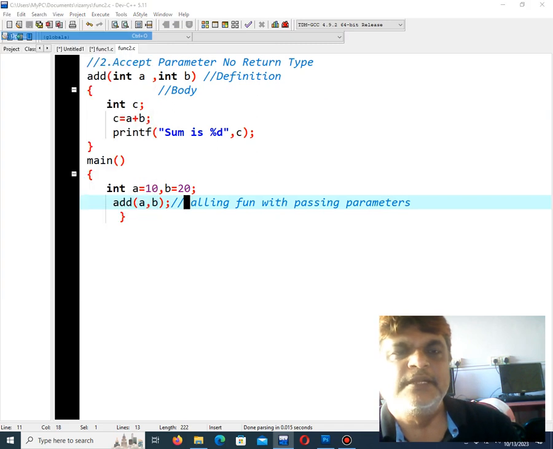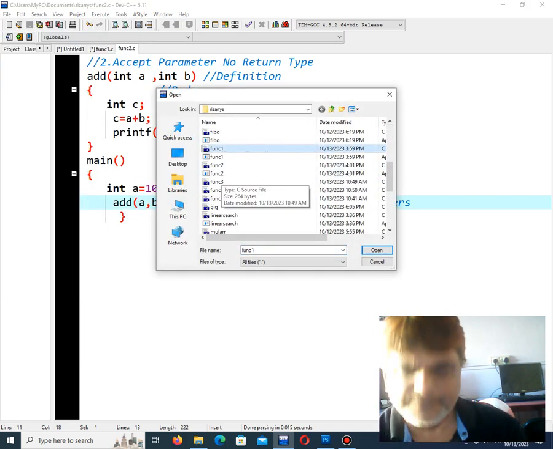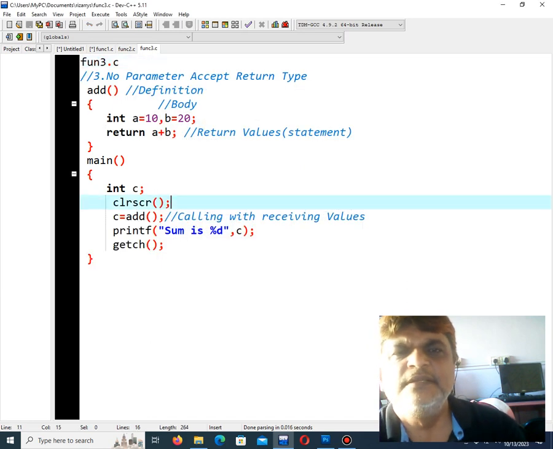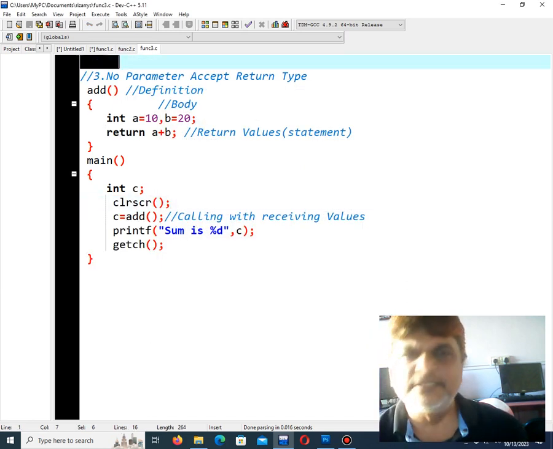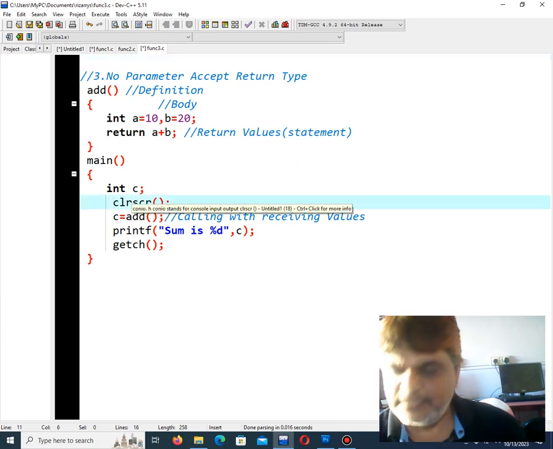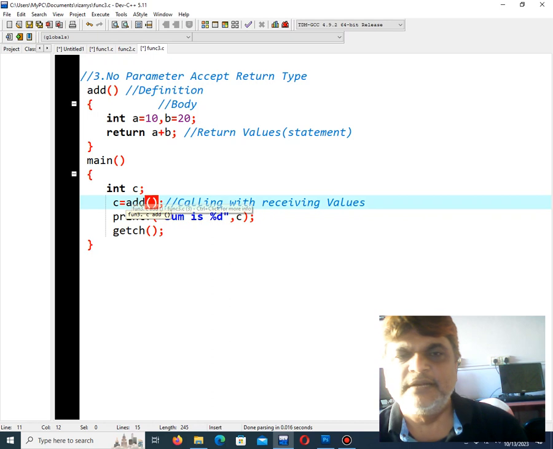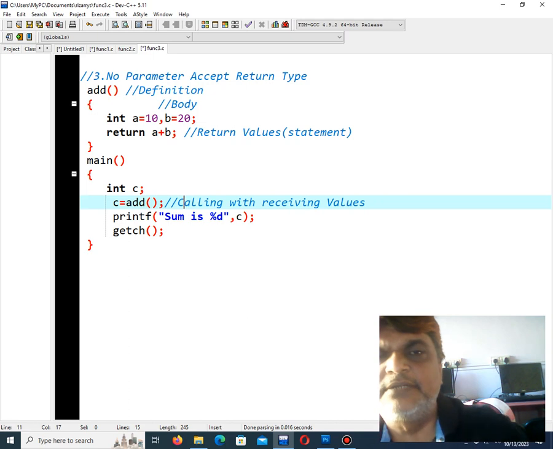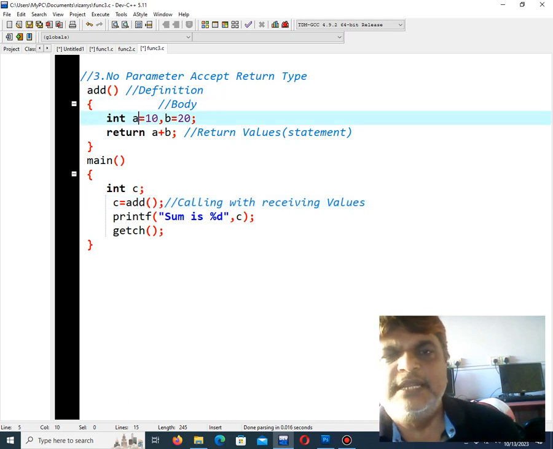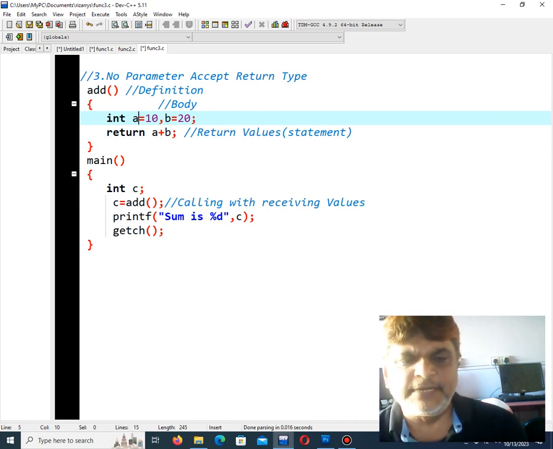Next program is regarding, suppose I will say this one. This program is regarding no parameter but return type. In the previous program I was passing the argument to the calling function, but here I am not passing any argument to the calling function. Same function I am calling outside, above. This is called the calling function. And here, actually in the previous two programs, the print statement was in the